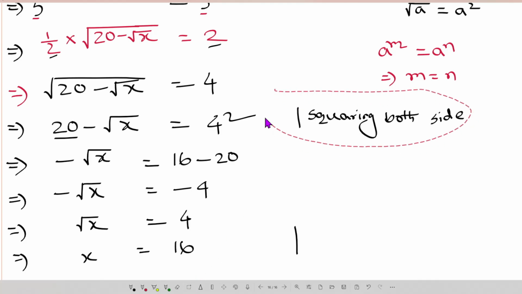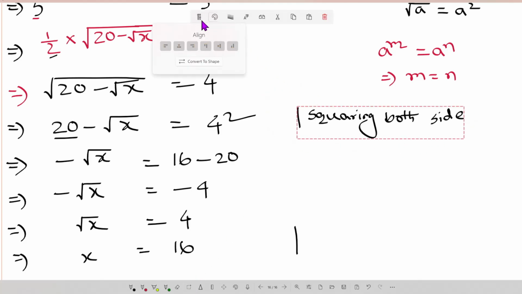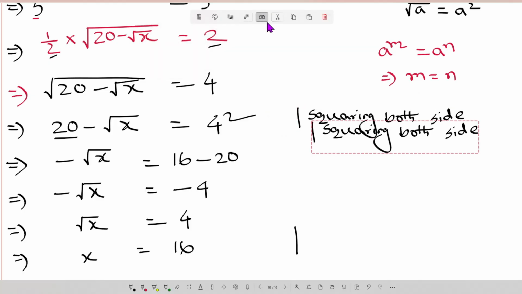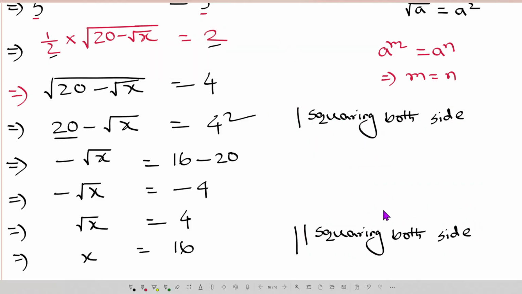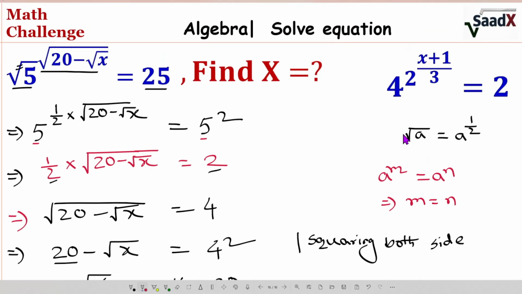So you can write this one, you made a copy, so just put it in here, squaring both sides. Therefore our answer is 16. So in this video I am trying to solve very important math,